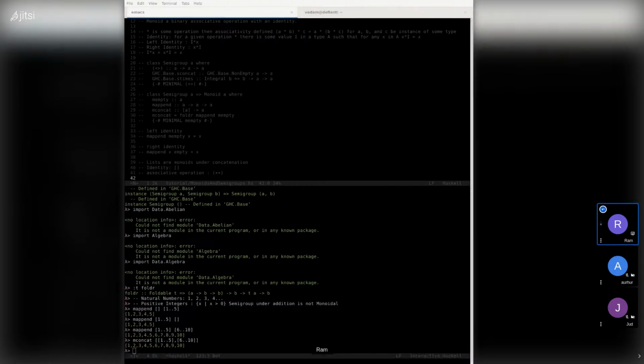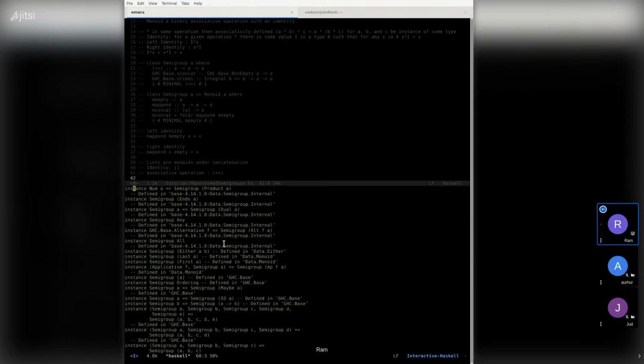This kind of shows you that concatenation is a very useful thing to have, right? And in fact, I don't know if I can actually grab this and show you directly in the REPL.